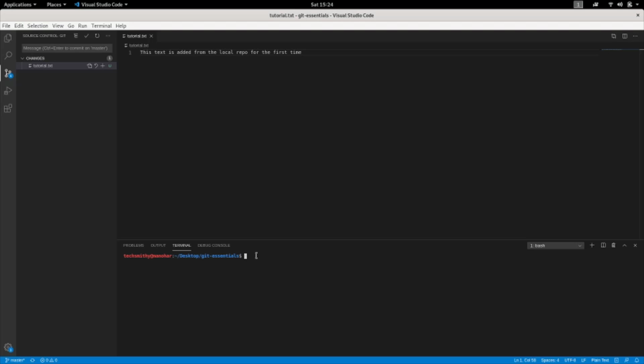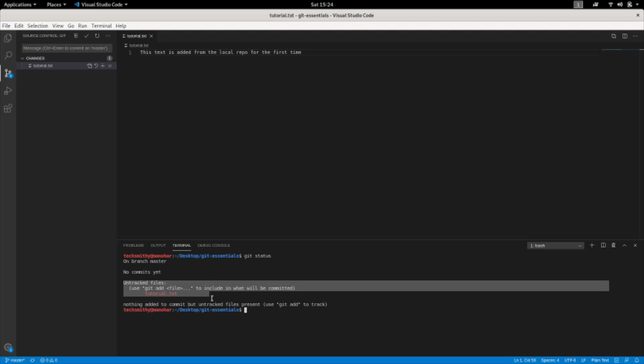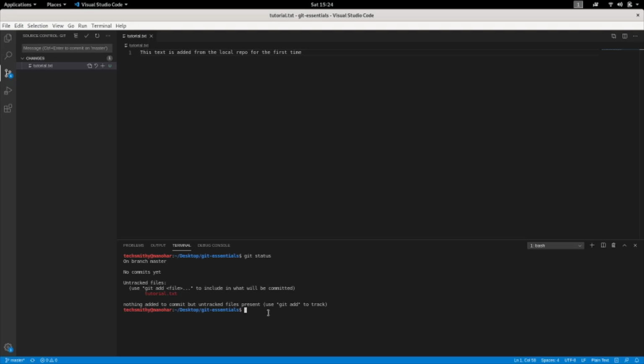For that, you can see it here, or if you are using some other IDE which doesn't show these changes, you can do git status. This will tell you the list of all untracked files that you need to update. Now git add is the command which you can use to group these changes.